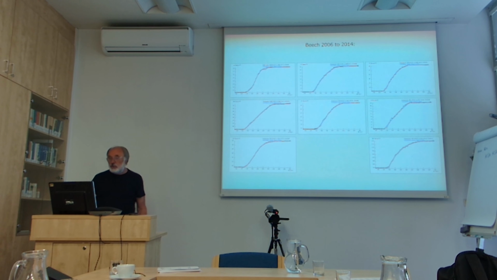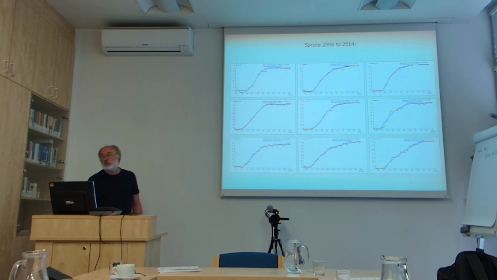So the fitting is okay. Probably one would say that there are not any big differences between the smooth fitting curve and the real measurement. Spruce, which was measured on the same place, the same years, shows